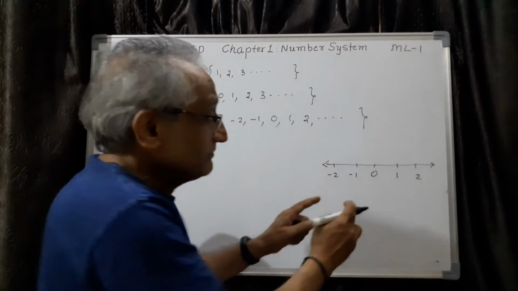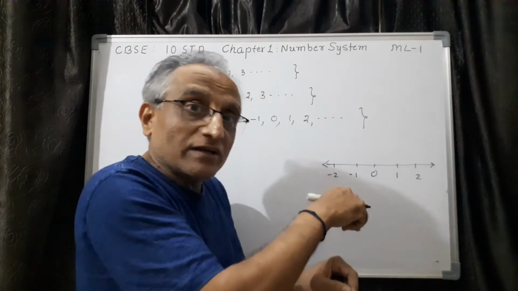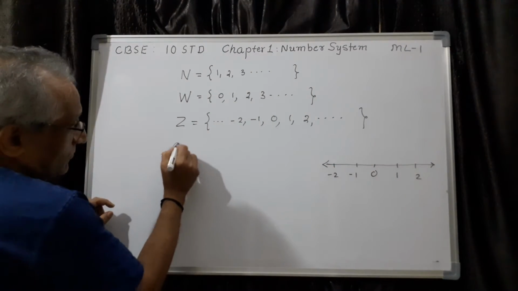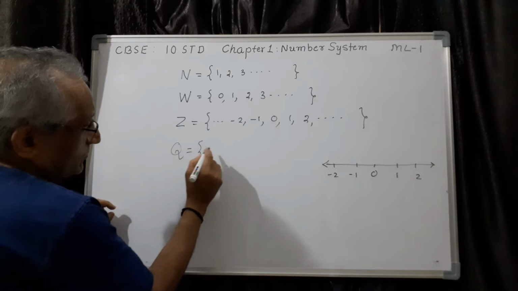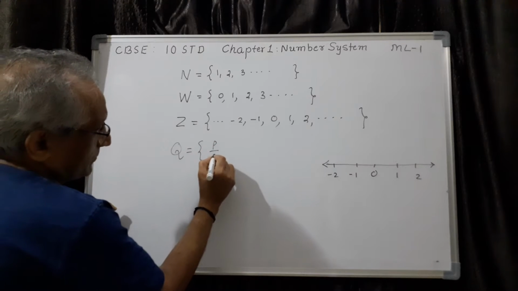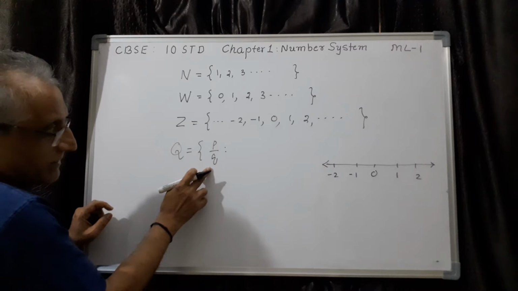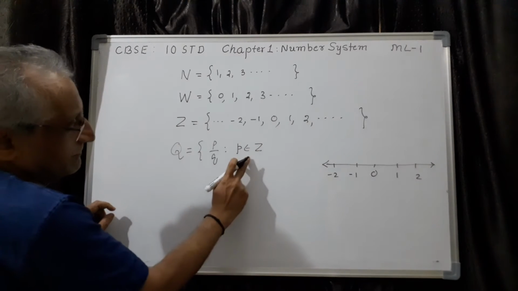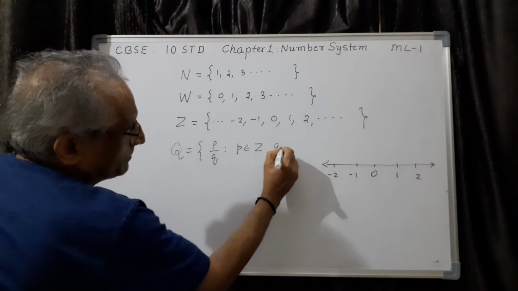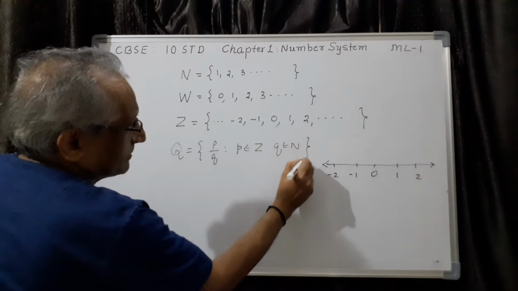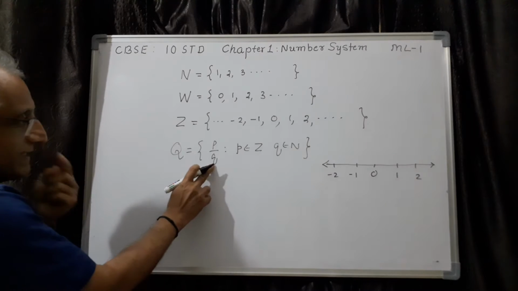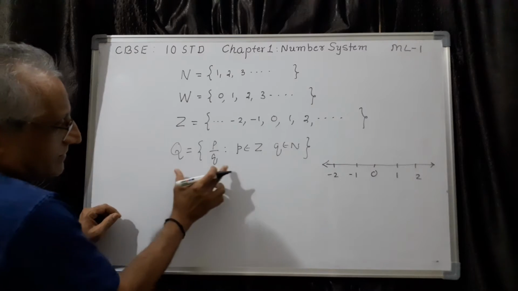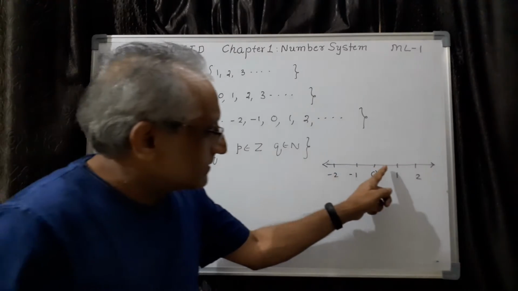And we know that between any two rational numbers, there is one more rational number. So like that we started filling this one. So that is called Q. And we know that Q is the set of all numbers p by q, such that p belongs to Z, it can be both positive and negative, and q belongs to N. If you write this, it is sufficient, because here we need not take negative. Both positive and negative you can take here, including 0 also. This is rational numbers.